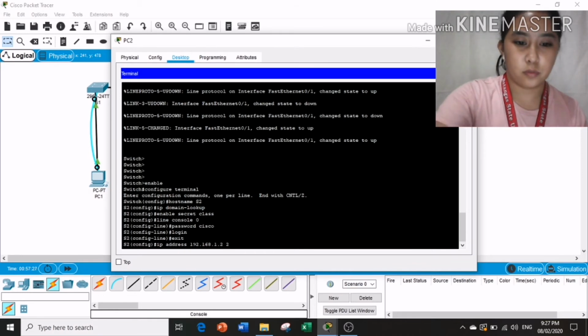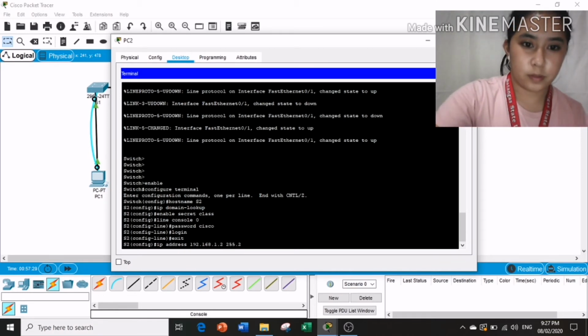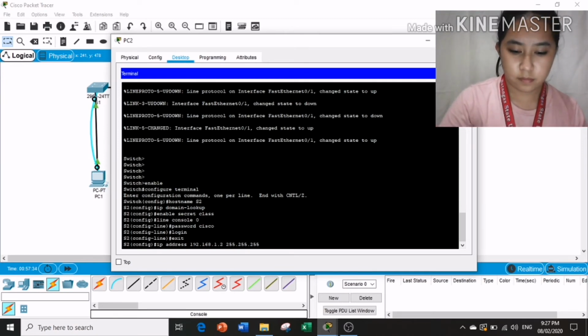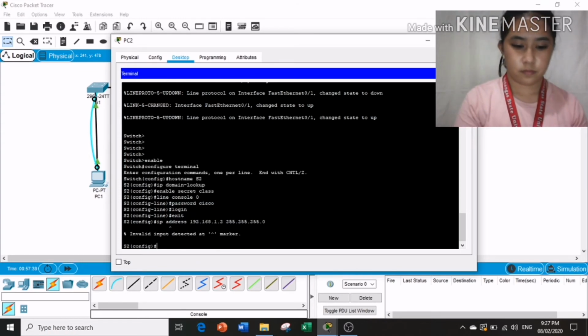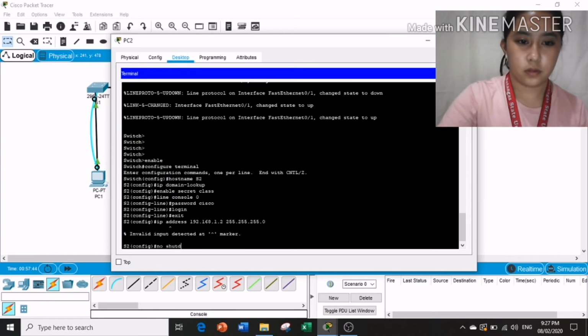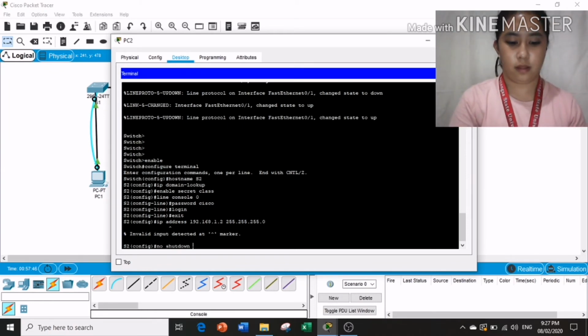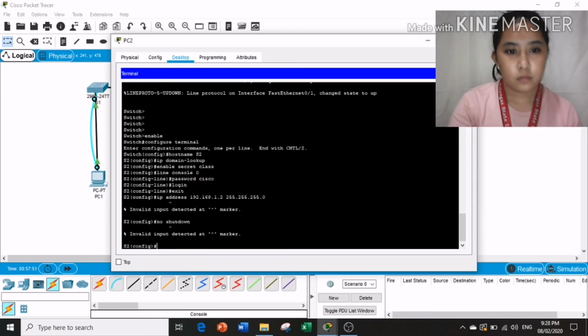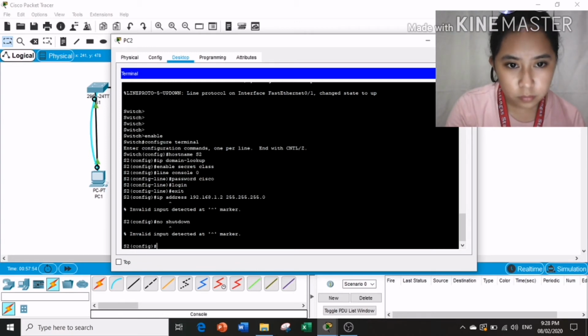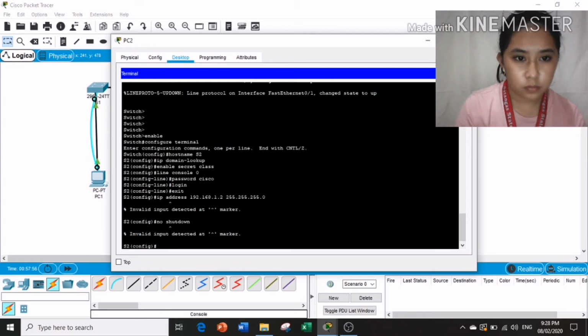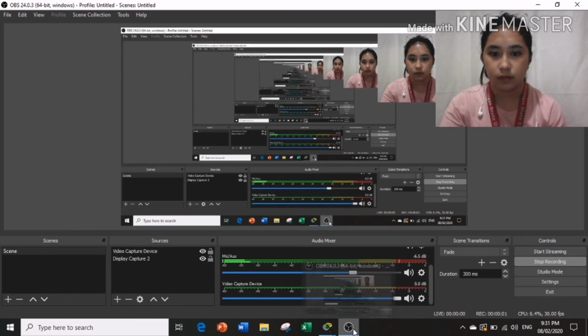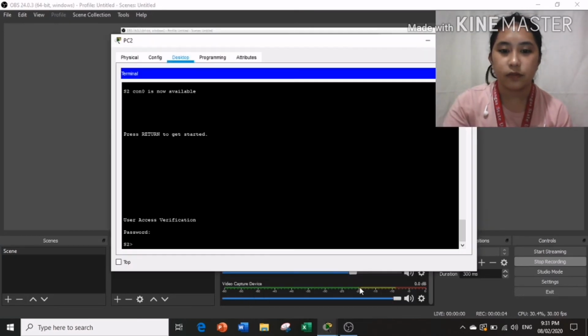The subnet mask is 255.255.255.0. Enable the interface with the no shutdown command. Because of the invalid input,